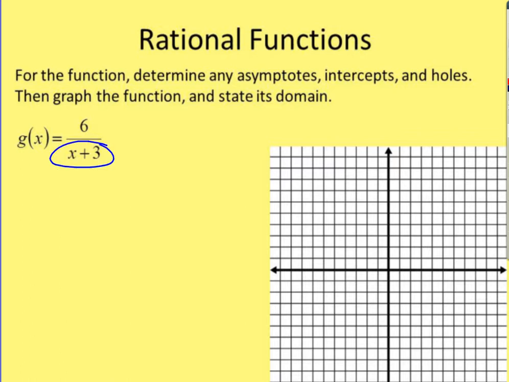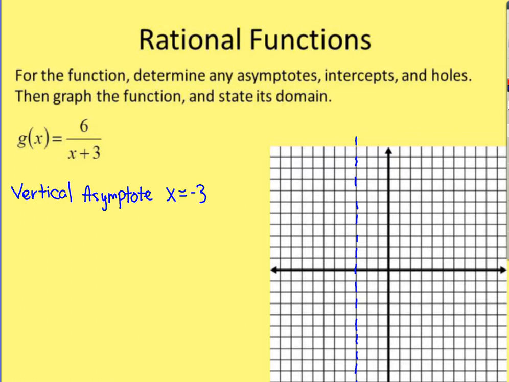So our denominator is x plus 3. If x plus 3 is equal to 0, when we get the x by itself, we'll have x is equal to negative 3. So this means that we have a vertical asymptote at x equals negative 3. We're going to go ahead and graph that onto our graph. So we go over to where x is negative 3, and we will put a dotted vertical line. This is the line that our graph is going to approach from the left and the right, but it's never